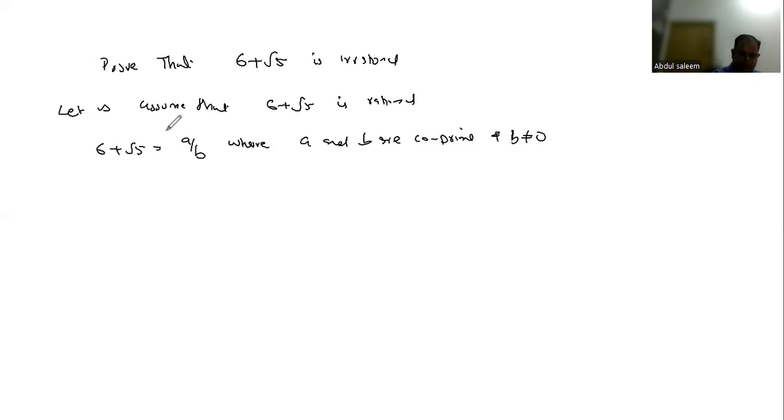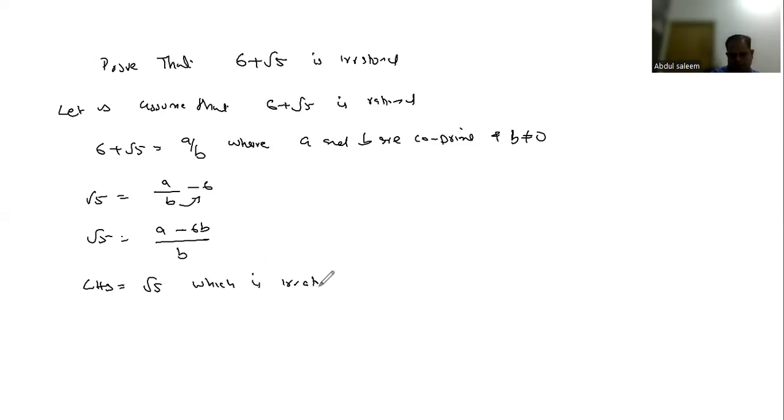So we can transfer the positive 6 to the right side. So we obtain root 5 equal to a by b minus 6. Clear, right? So root 5 equal to a minus 6b, all divided by b. What is the LHS? Left hand side is root 5, which is an irrational number, and the right side RHS is a minus 6b divided by b, which is rational,